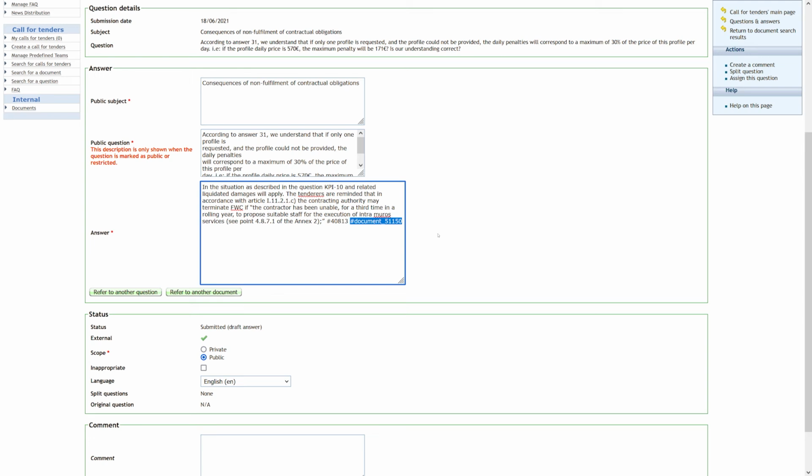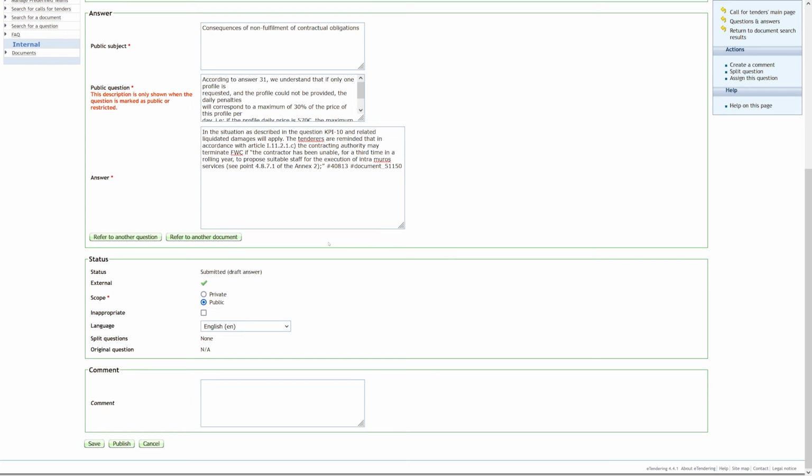If your role is editor, the button Submit for Approval will be shown to you. In the next step, the procurement officer needs to approve the answer. If your role is procurement officer, the button Publish will be shown to you, and you can click on it